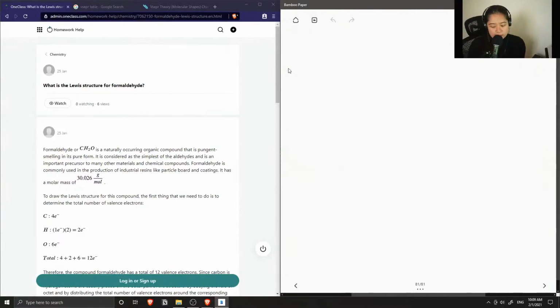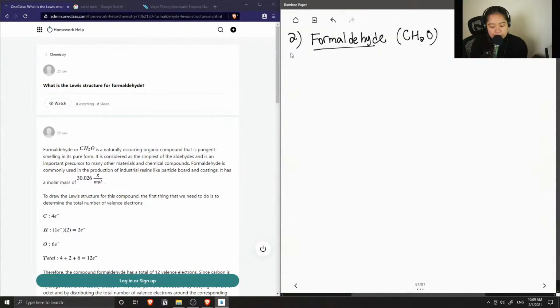Okay, so question number 2. What is the Lewis structure for formaldehyde? So formaldehyde has the chemical formula of CH2O,